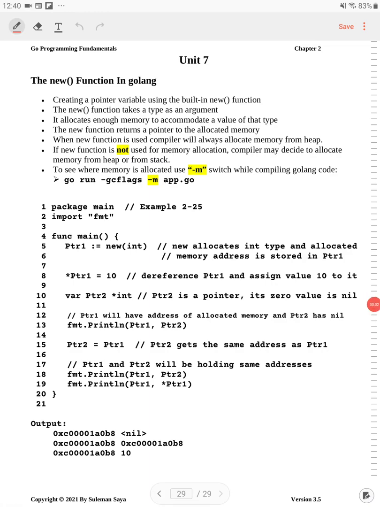Go Language Programming, Chapter 2, Unit 7. In this unit, we will be looking at the new operator. So new is actually not an operator. It is a function that allocates the memory dynamically,